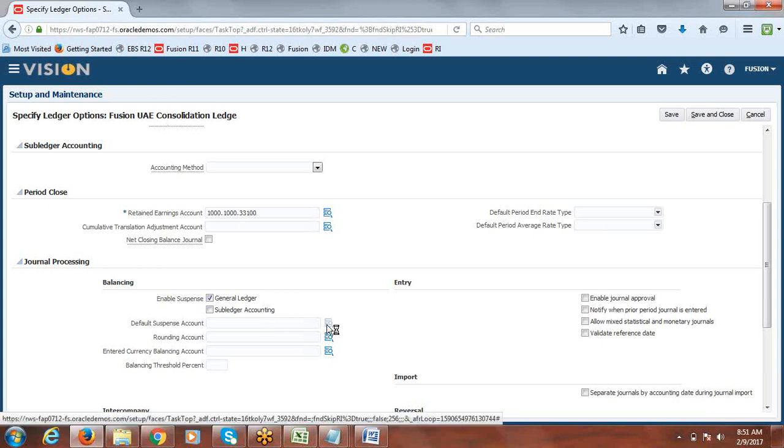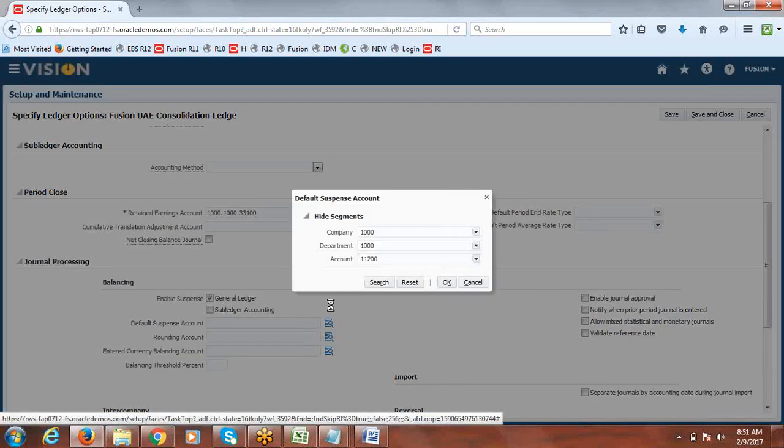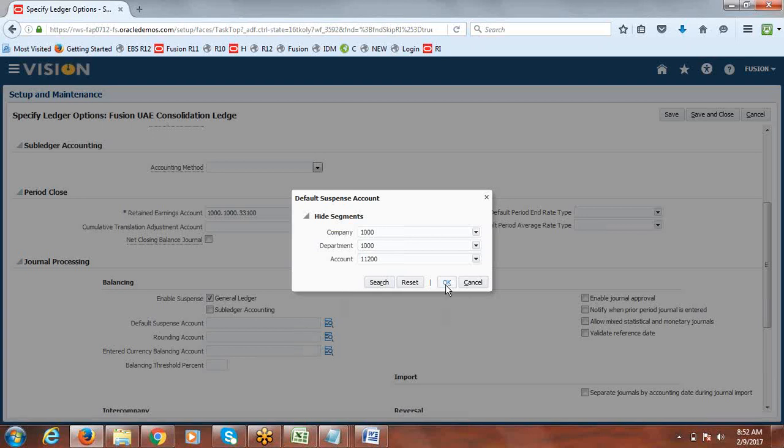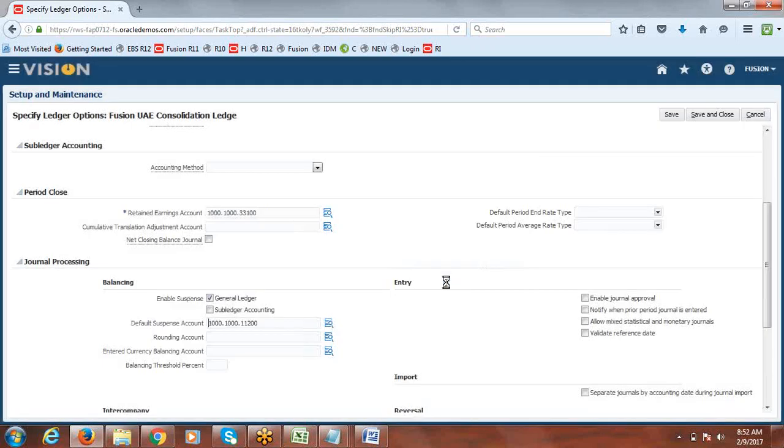Fine. Okay, let's try enabling. Even in R12 we don't have anything to enable; straight away we have to provide the account only. It should work. Okay, let's see. Thanks for this hint.